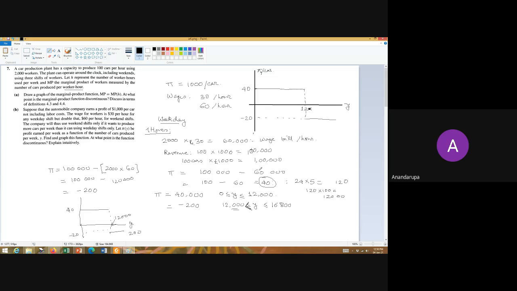Sir, I have a question. According to the graph, if the number of cars is 0, still the profit will be 400. Isn't it showing that according to the graph? Yeah, you're right. Actually, this part should also be strictly greater than, and I can't draw this properly, but there will be a gap over here. It's going to start just after 0.